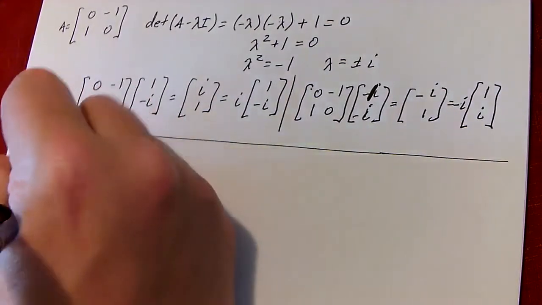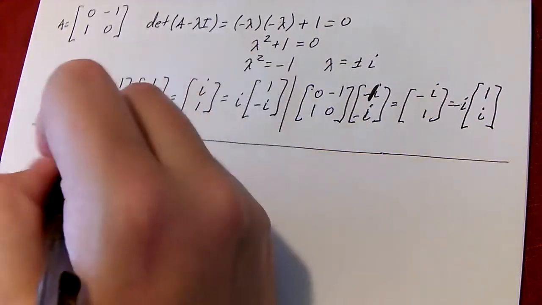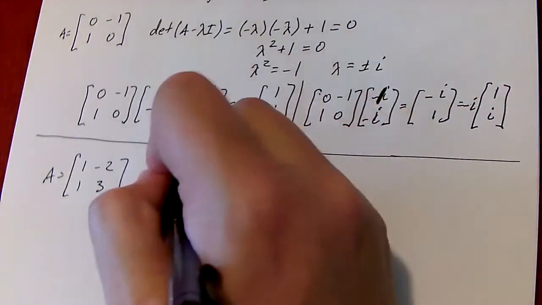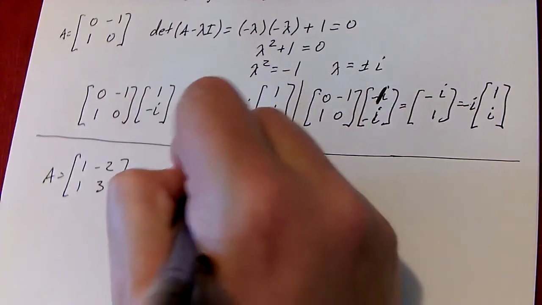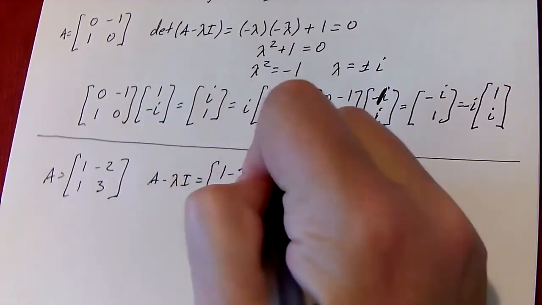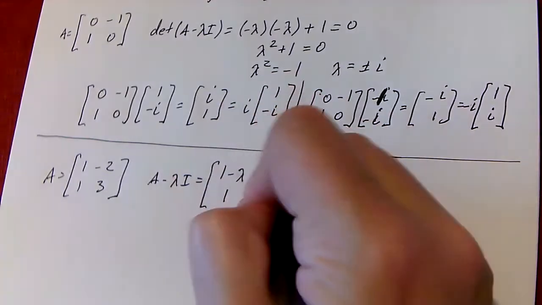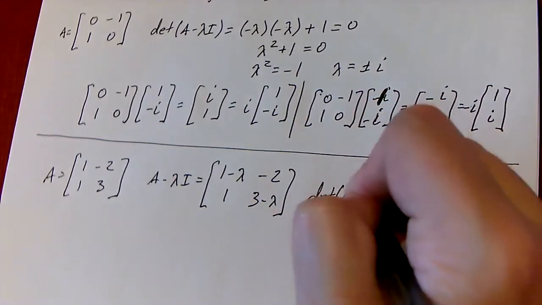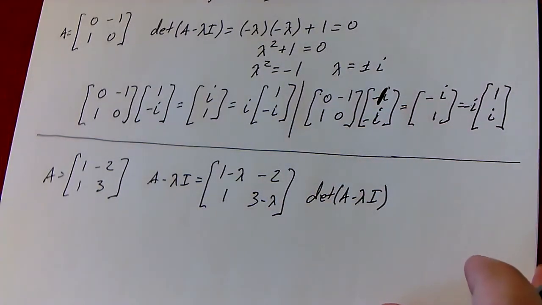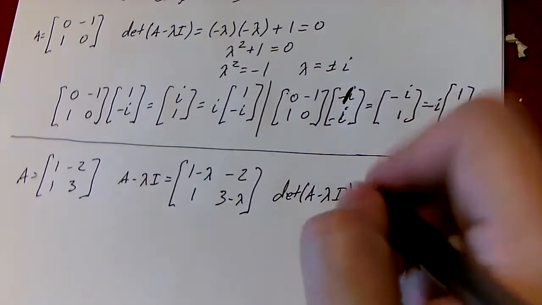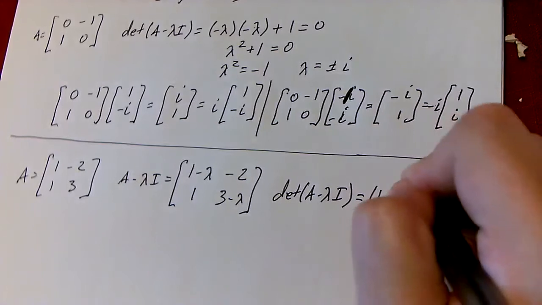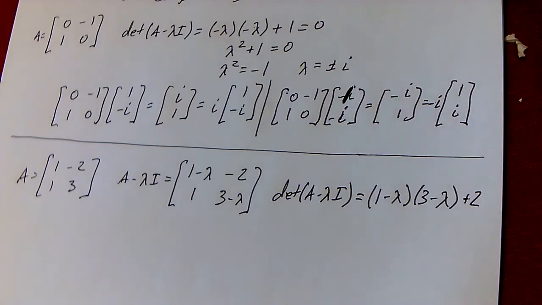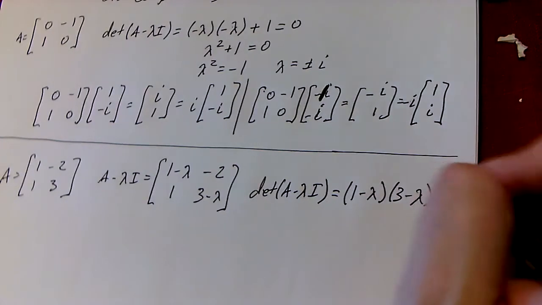a matrix A is going to be 1, -2, 1, 3. Okay, so as usual, I want to do A minus lambda I. A minus lambda I is going to be 1 minus lambda, -2, 1, 3 minus lambda. I'm going to take the determinant of that. The determinant of that's going to be 1 minus lambda times 3 minus lambda plus 2. Right, because you get minus 2, and then it's minus because of the determinant,